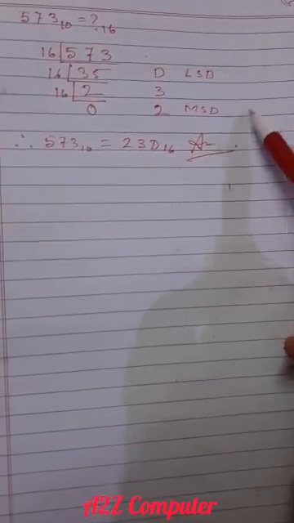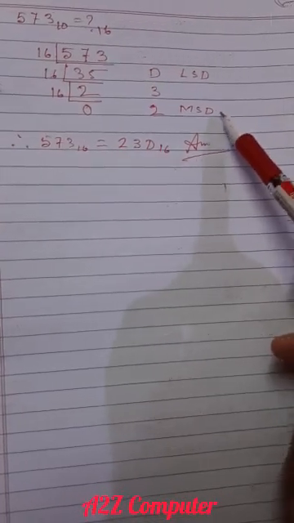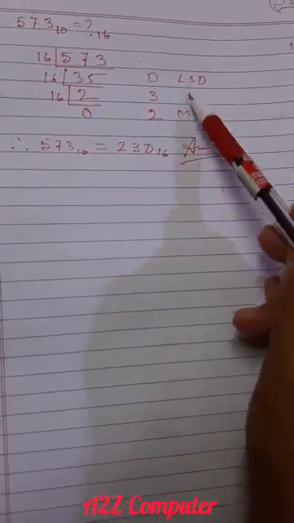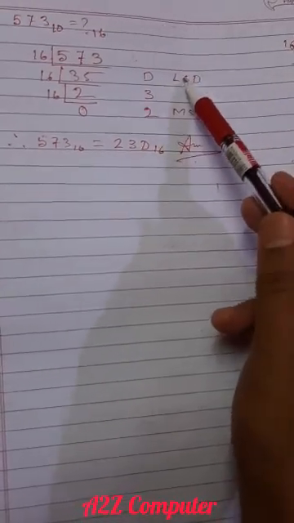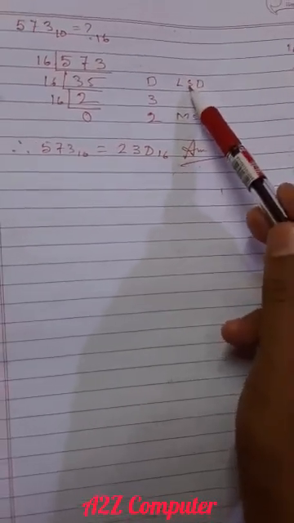You must write the MSD and LSD, but there is no need to write the full form always. This is simply a waste of time, and don't keep this arrow. Just remember we have to write from down to up, that is, MSD to LSD.